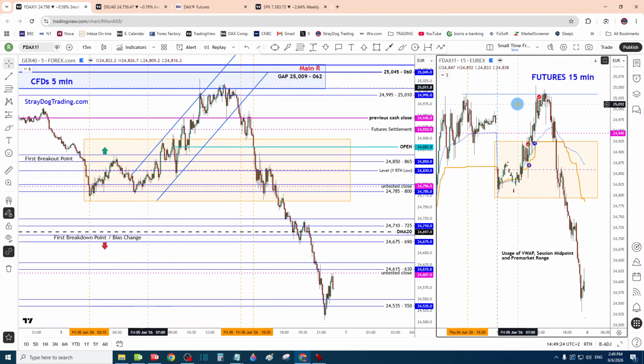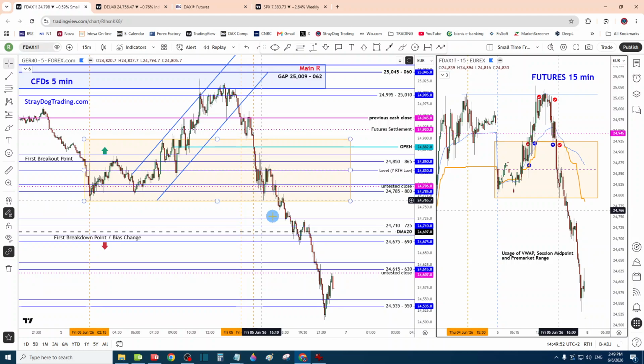So entry points here for the shorts would be this one and this one. On the way down, bounce from the pre-market high, then acceptance back into the pre-market range and below VWAP, and below pre-market high, and below the opening level as well, and below session midpoint. So once the price is here or here, and it already bounced from the midpoint, you're aiming down toward the